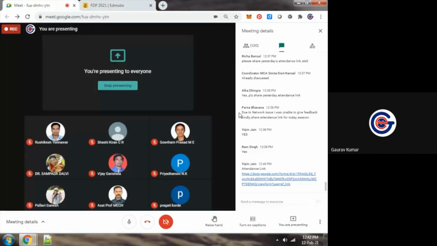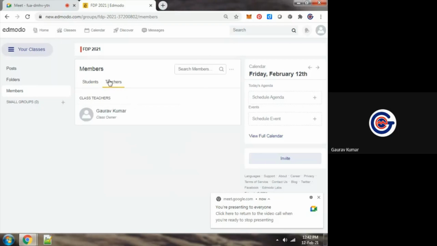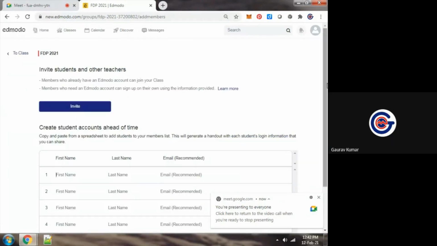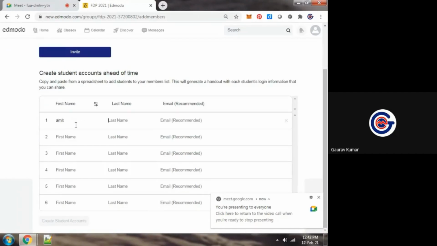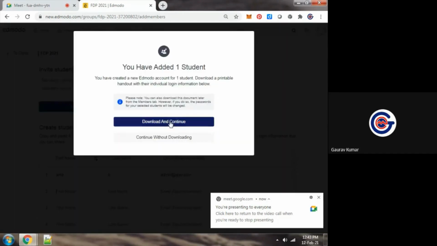Now you can see add students. Any other student can also join. Create student accounts and download and continue.